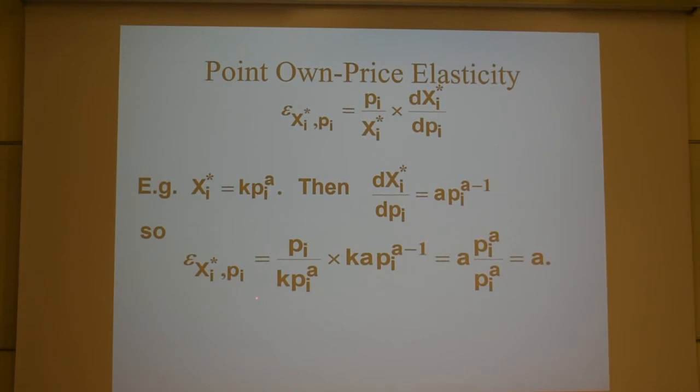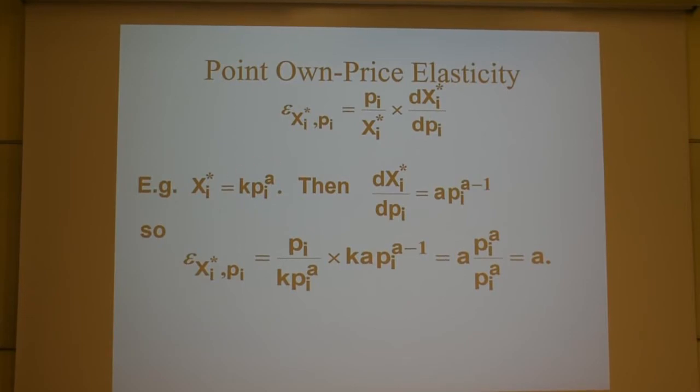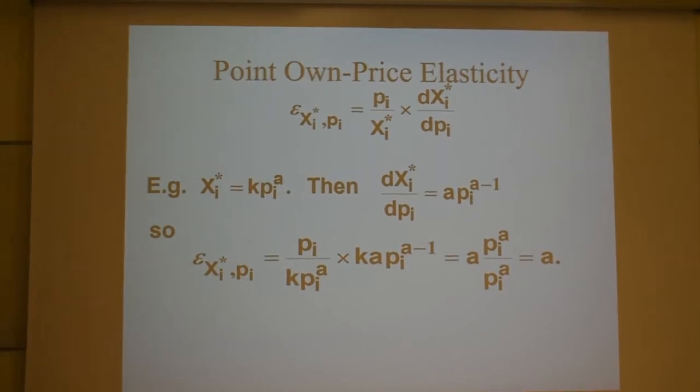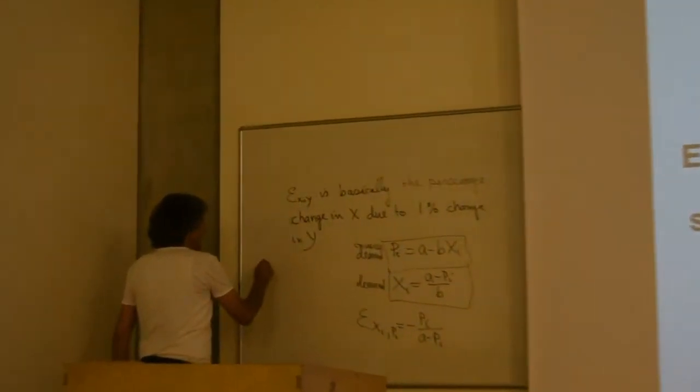So k and k go. p_i times p_i to the a minus 1 is p_i to the a, it's cancelled out, and the result is